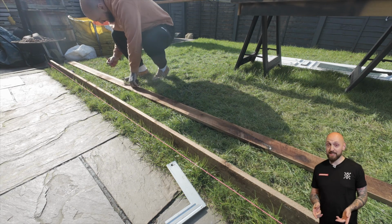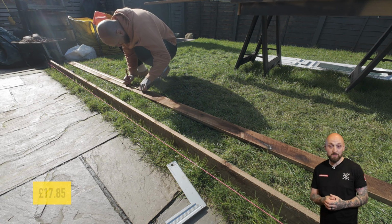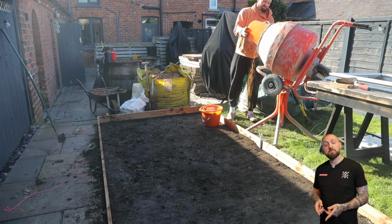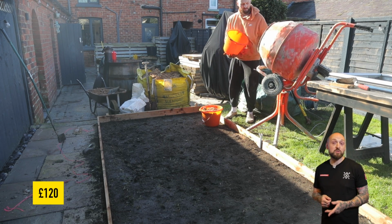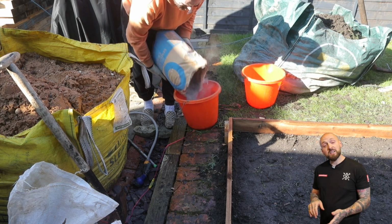Starting with a concrete base, I paid £17.85 for the form timber. The ballast I actually picked up for free off of Facebook Marketplace, but if you were buying it, 2 bags would cost you around £120. I used 8 bags of cement for